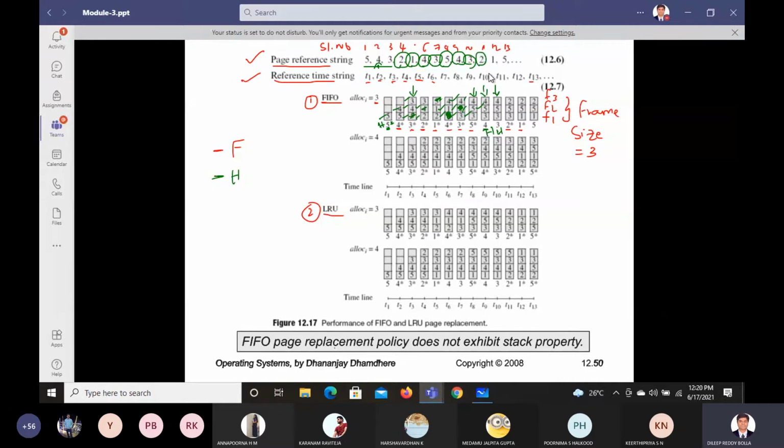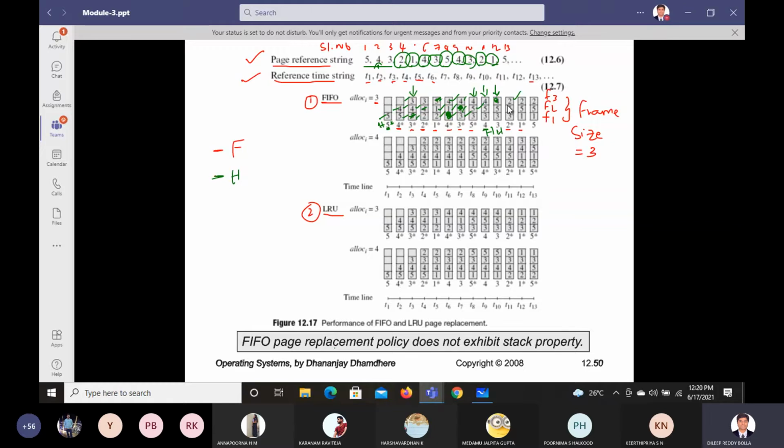Now 2 we are writing. So 2 we have to replace because 2 is not available. We replaced by frame 1, frame 2, now replace frame 3. Or the other way to say, you check 4, 5, 3. Which one entered first? 3 entered first, or 4 has entered first? 4 has entered first, right? So replace this 4 and write 2. So it is 2, 5, 3, right? Now 2 is not there, so it is a red colored mark, the star mark we made here. It's a fault.